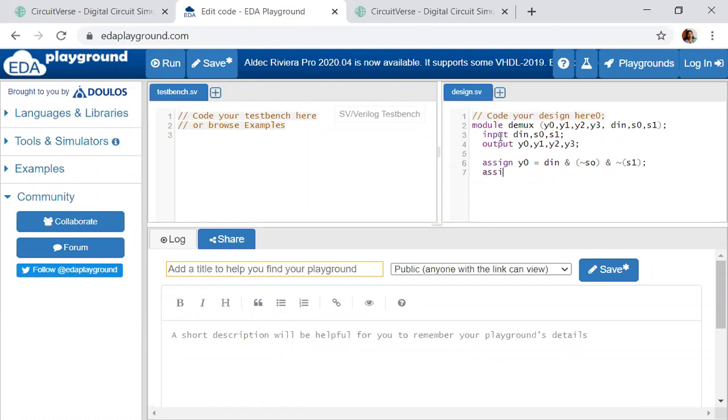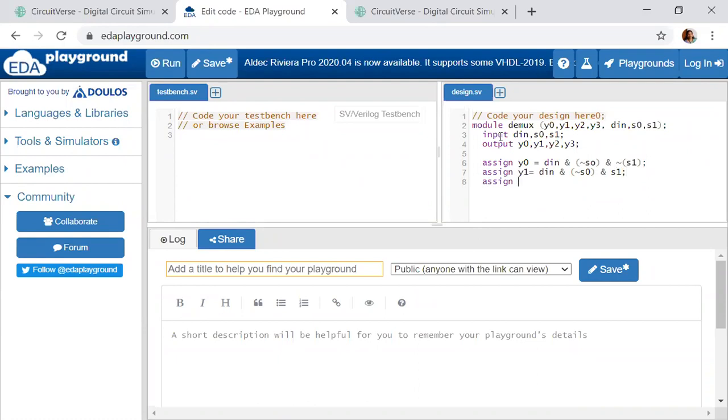Now what was our assign? Y1 is equal to D in and, first combination was 0 0, second combination is 0 1. So it is not of S0 and S1. What is the third one now?